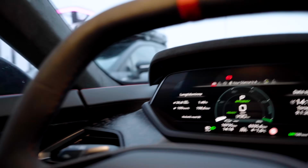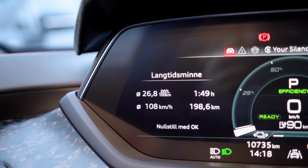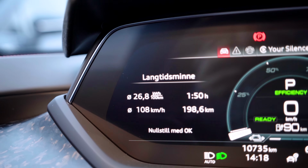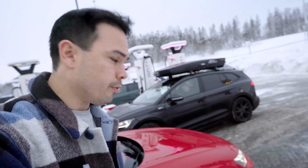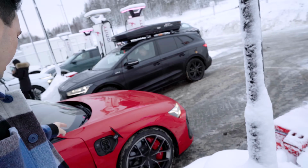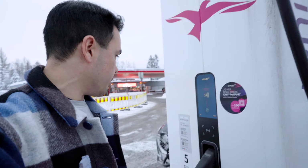It's actually dropped just a little bit. We're now at 26.8 kilowatt hours per 100 kilometers. So like with the previous version of the E-Tron GT, we have the charge port here on the driver's side,